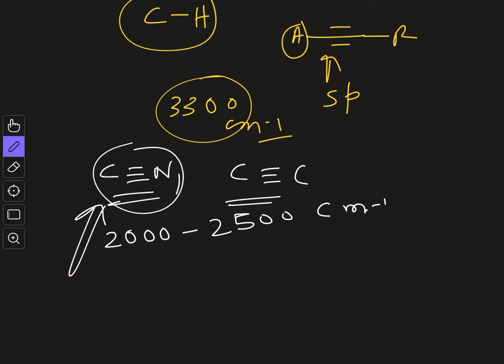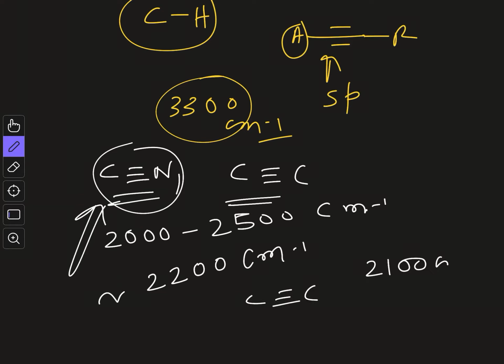So you can guess that the CN bond will come at around 2200 centimeter inverse, it is not exact, and for the CC triple bond it will be around 2100 or less than that centimeter inverse, and this group is not that important for the IR data